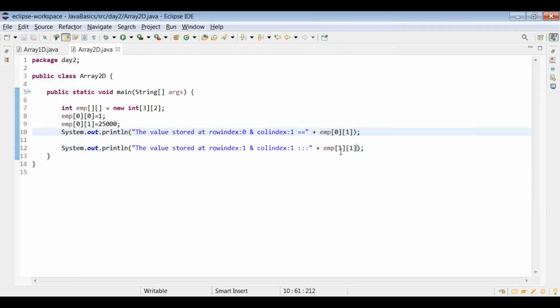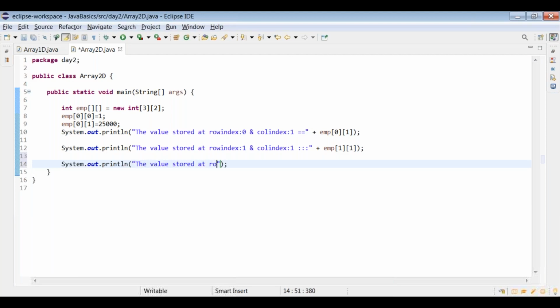Now suppose, for example, we are accessing a particular row index and column index which is not at all available. Suppose we are accessing the value stored at row index 3, and for the column index, we'll give 2 here.